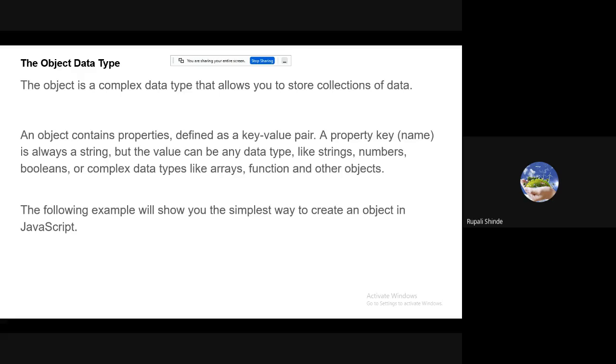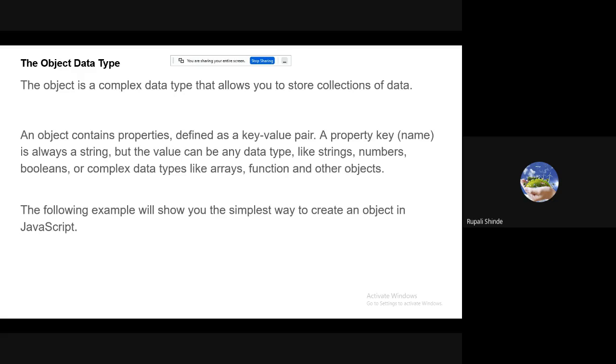A property key should be a name, which is always a string, but the value may be any type of data, like a number, null, undefined, or a boolean.